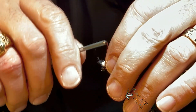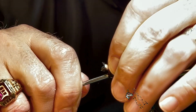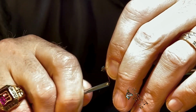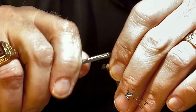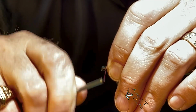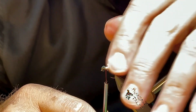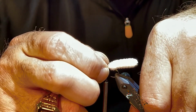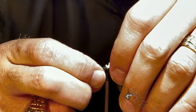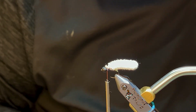The ones I tied seemed to do really well if they were kind of floppy in the back, I guess, like this. I'm just going to bind that down really well. Okay. Now this one we have to make sure we have this bead in the right spot. Yeah. Okay, now we get the